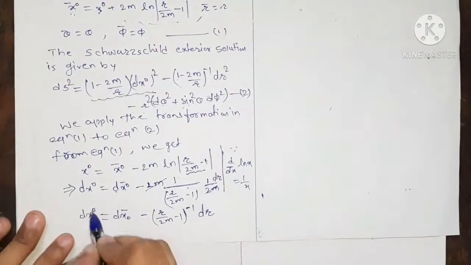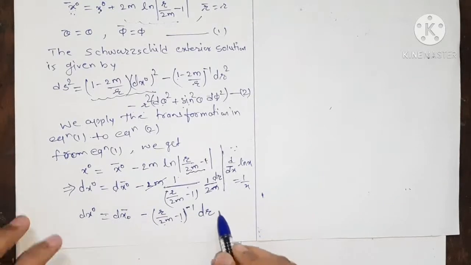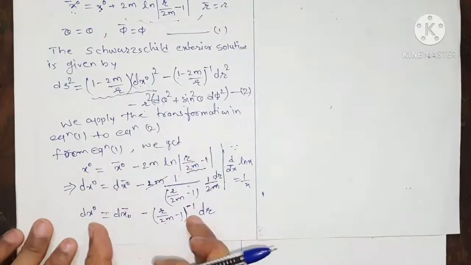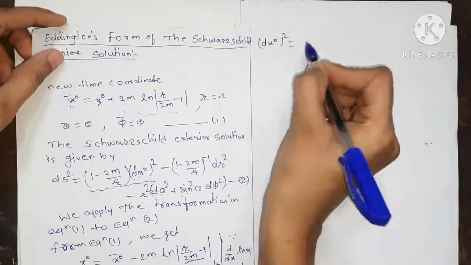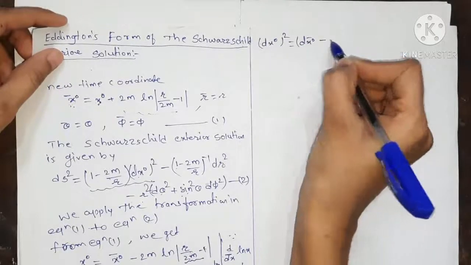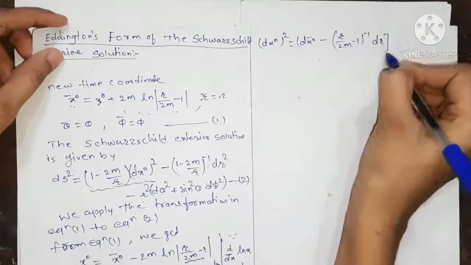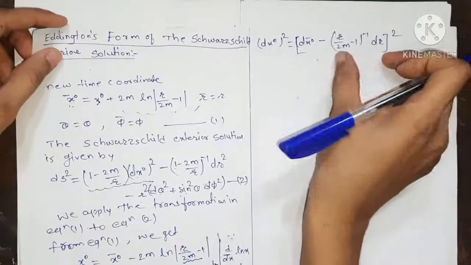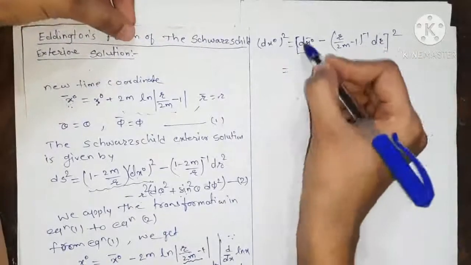So dx0 is equal to dx0 bar minus r upon 2m minus 1, its inverse, dr. Now we can take the square of that, because we require dx0 square, so we take the square of this term. So what we get here, dx0 square is equal to (dx0 bar minus r upon 2m minus 1, its inverse, dr) whole square. Now we treat this term as the first term and this as the second term. So first term minus second term whole square, that is a minus b whole square, is equal to a square